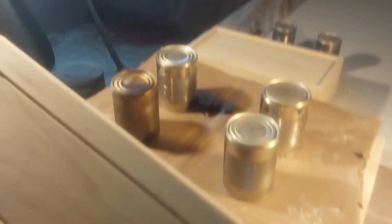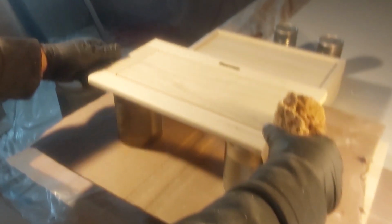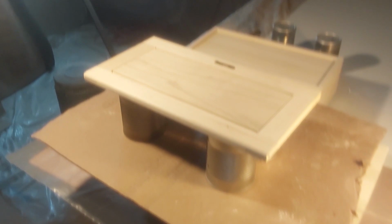This is the lid. I'm doing the bottom of the lid. One thing I didn't say is that after sanding, I wipe everything down with a clean cotton rag, and then when it gets to the finishing area, I wipe it down with a paper towel. I use a spray gun to put the varnish onto the workpiece. I spray enough to get